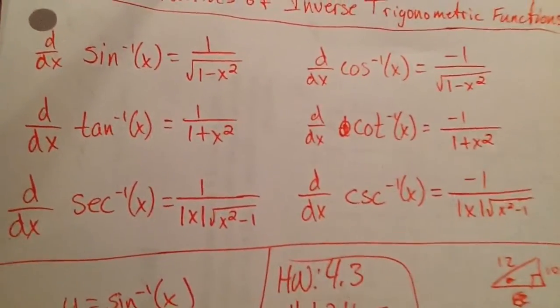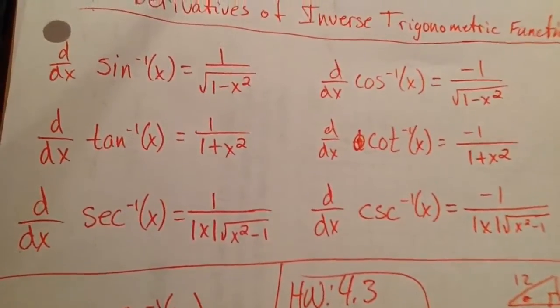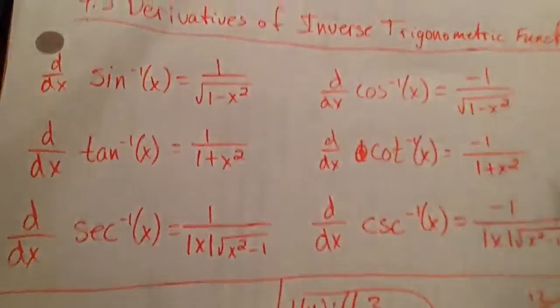So you need to know all of these and all of the regular trig functions: derivative of sine, cosine, tangent, cosecant, cotangent, secant, and all of the inverses. Here are all the inverses. They're also listed on,